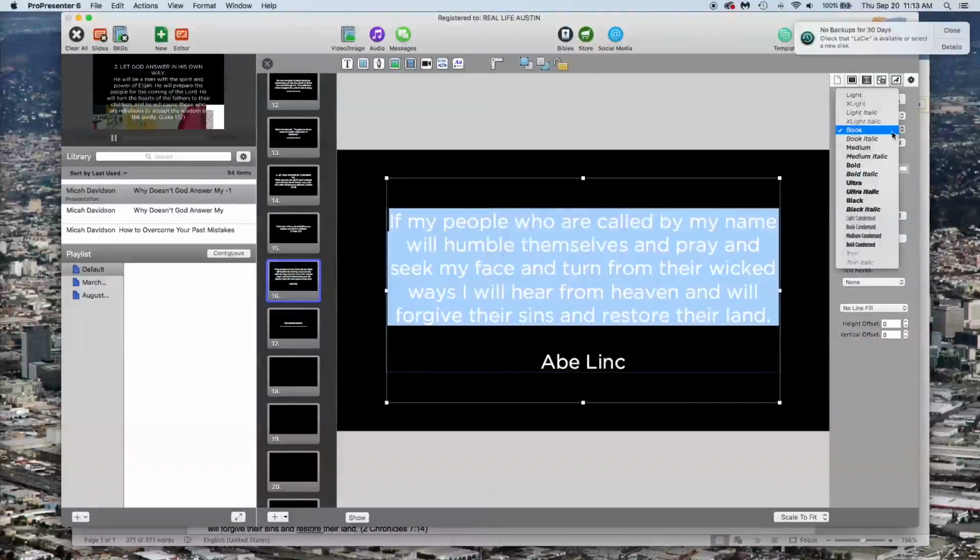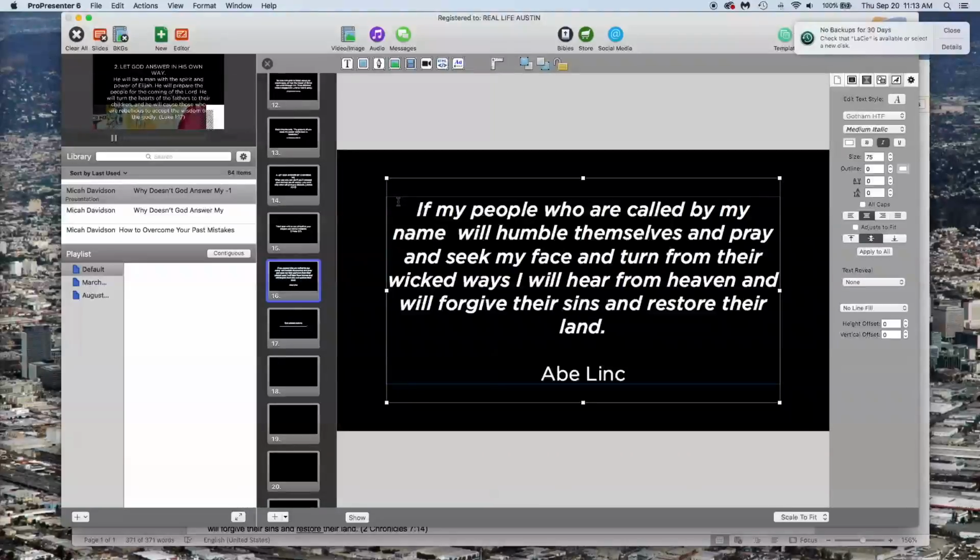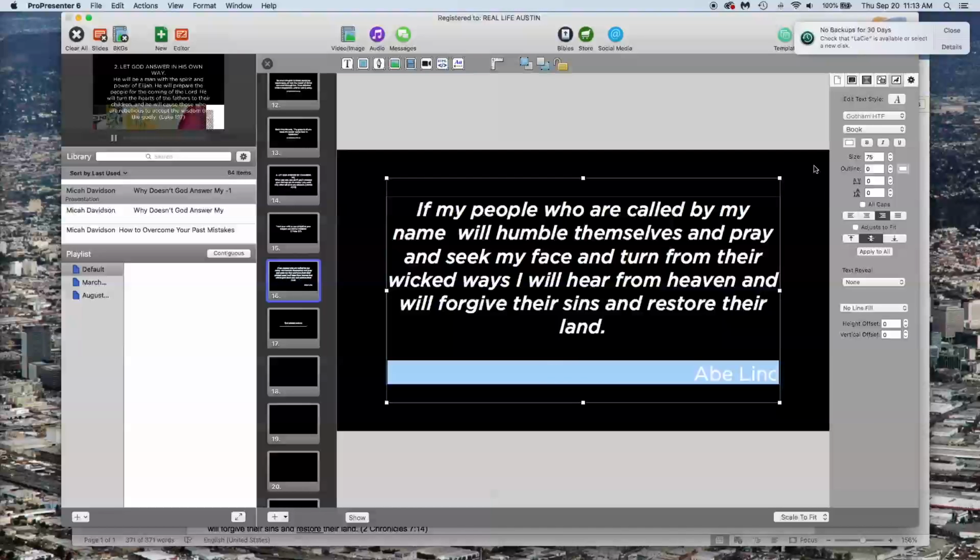We're going to do a medium and italic. Notice that I keep the text block the same no matter what. I want to make sure that it stays within the safe margins. Abe Lincoln, we're going to go ahead and right justify, and we're going to make that 50 point font, and